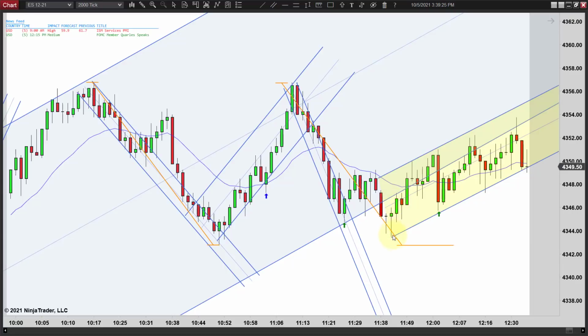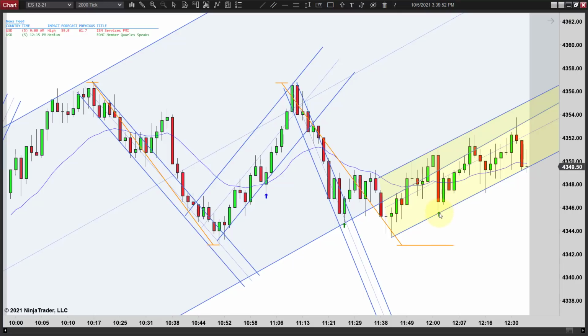But if you entered there, you would have got stopped out anyway. So I don't think you want to enter there. I think you want to wait on a higher low, which comes here and is no good, but then you get a failure here. Technically the failure is when it breaks higher above this bar, and it actually ticked lower again, so I really like going long there. But you probably want to put your stop down here until this bar closes and then move it up.